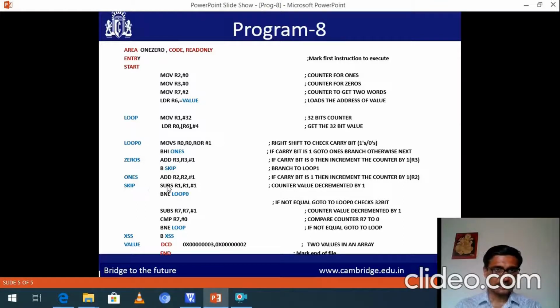Here I am decrementing R1. What is R1? R1 has 32. That is the rotation counter. So we have done with the first bit, and we decrement its value by 1. It becomes 31.